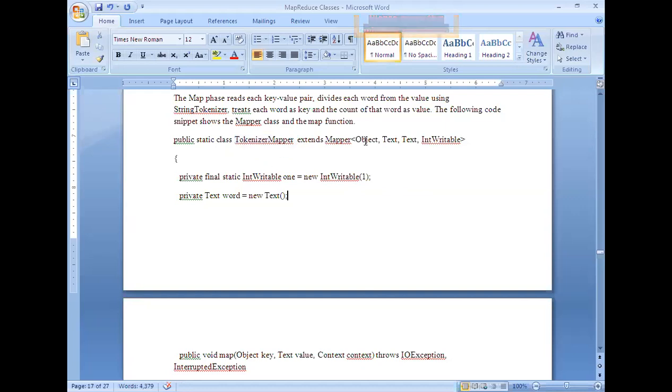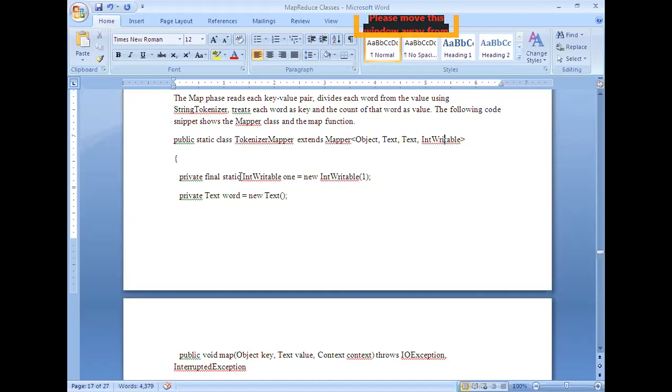The mapper requires 4 parameters. The first two represent the input key and input value. Similarly, the third represents the output key data type, and the fourth represents the output value format.